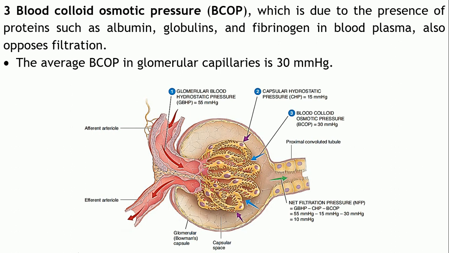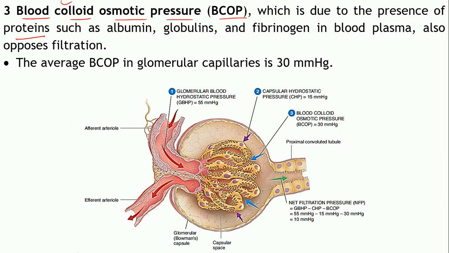The third type of pressure is the blood colloid osmotic pressure, BCOP. Now, blood colloid osmotic pressure, colloid. What do you mean by a colloid? Colloid means some solutes which are present in a solvent. They can form a colloid. Actually, it depends upon the size of the solutes present in a particular solvent. Now, your blood contains a number of solutes, for example the proteins such as albumin, globulin, fibrinogen, which are present in the blood plasma. So these will act as the solute or the colloid.